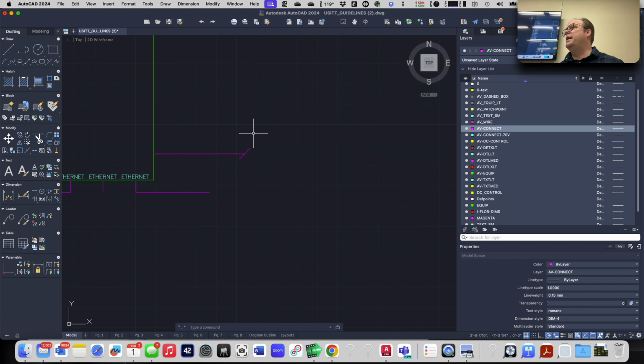Okay, so if you got to make lines longer, you extend. If you need to make them shorter, you trim. And if you have to go get a line, like let's say I want this line to be shorter,